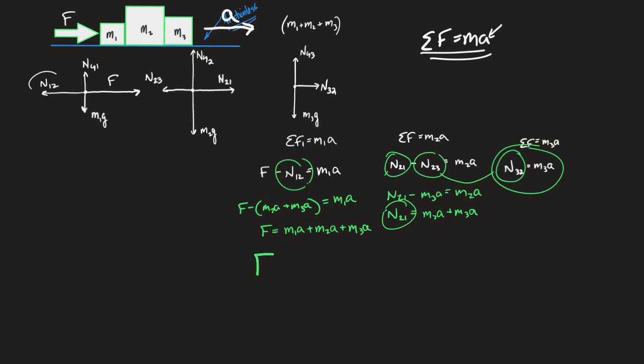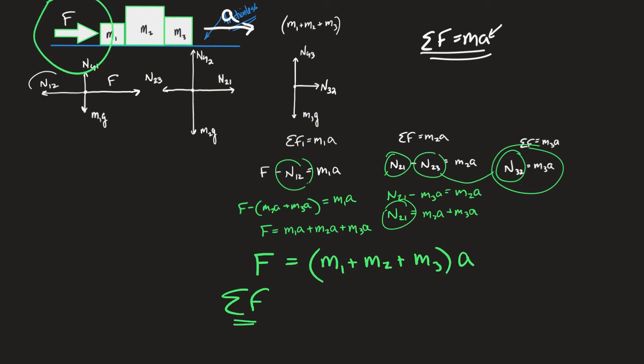If I take this relationship and just do a little bit of distribution, factor out the A, what you should see is that although there are a lot of forces that acted in the system, in the overall scheme of the system, there's the unbalanced force, that was the big pushing force, the one that's all the way up there